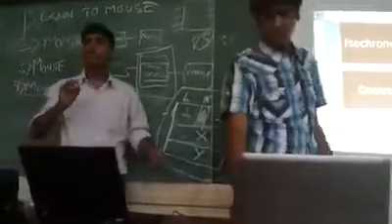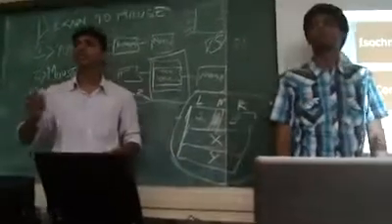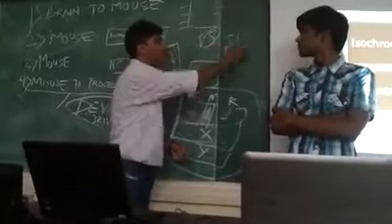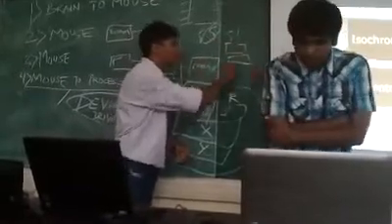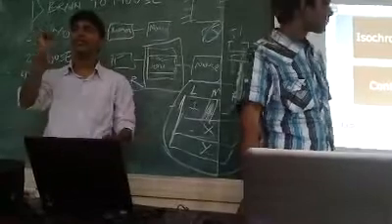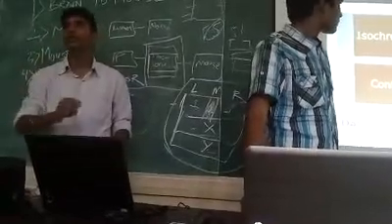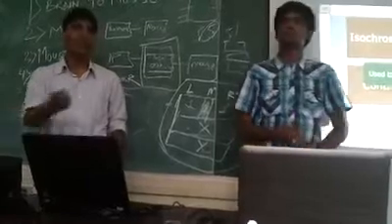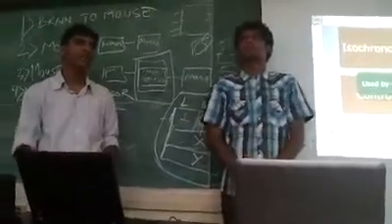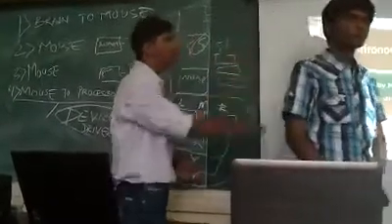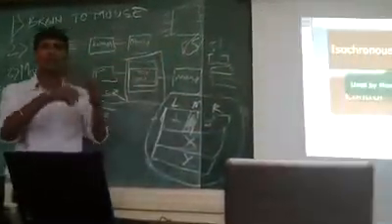So the host controller needs to know whom to serve the interrupt first. If a printer is requesting some service, the mouse is also requesting some service, and the keyboard is also requesting some service, then we should give priority to the mouse or keyboard first. Because if the printout comes after 2 seconds, that does not matter. But if your mouse does not move for 2 seconds, then you will certainly yell at your process, right? So that is why we have different modes, so that the host controller prioritizes.